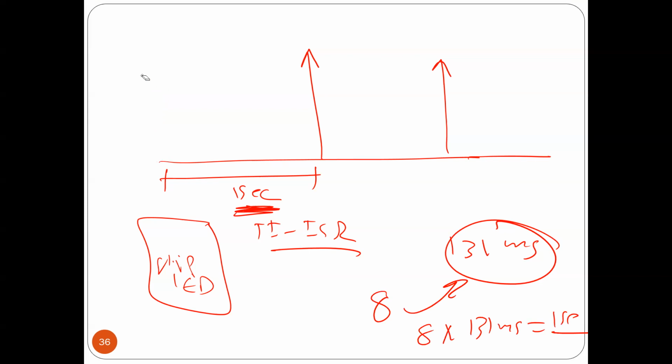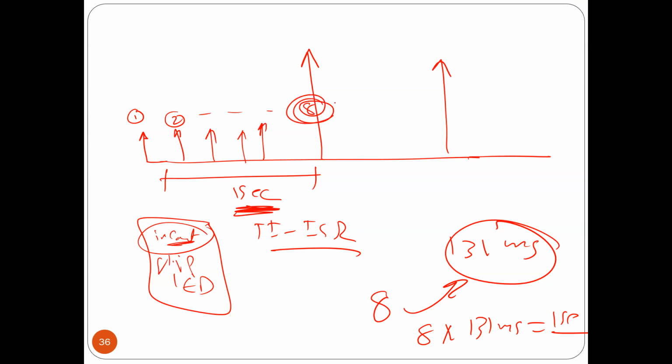So for example, look here, guys. So here, this is interrupt 1. So here I'm going to say increment count. Are you 8? No, I'm not 8. Okay, leave it. Don't do anything. Okay, so this is interrupt number 1. Interrupt number 2. Increment count. Are you 8? No, I'm not 8. So please don't flip. And so on. So every 8 interrupts, at interrupt number 8, I'm going to flip the LED because 8